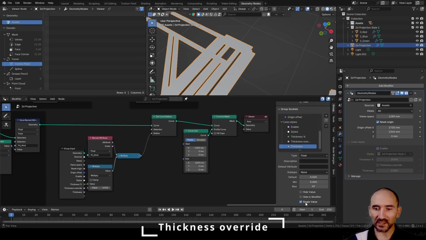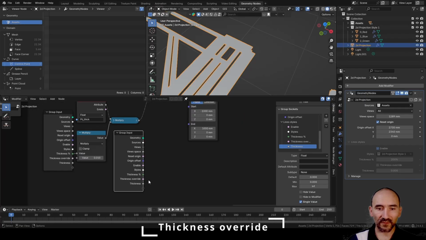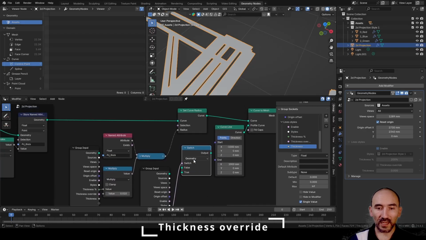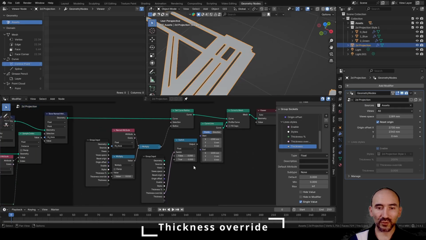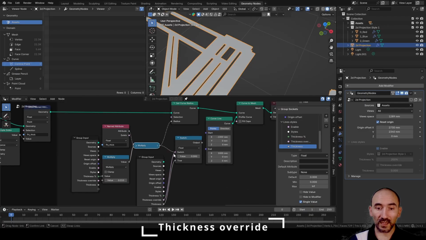In this case, I need to set here a single value, and I need another group input to be able to ask if I want to use the thickness override in a switch node. And from this, I need to select float as the input and the output. So now if I want to override my thickness, I need to link directly the thickness attribute inside the true. Otherwise, I want to maintain this part of the workflow, and I can set this to the false